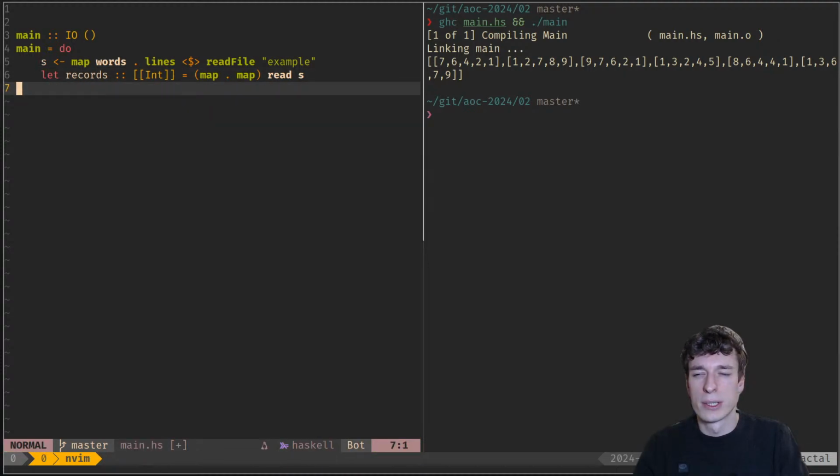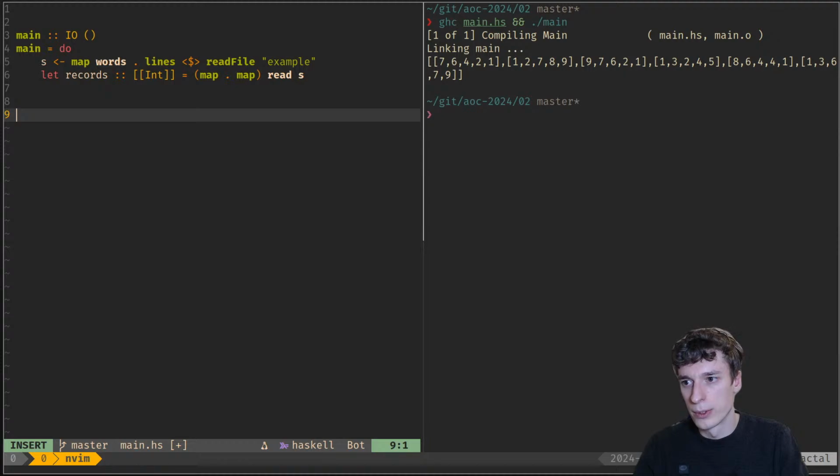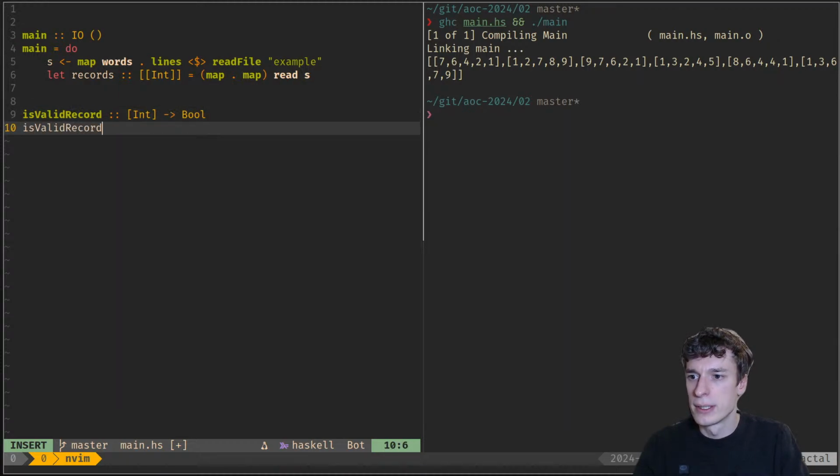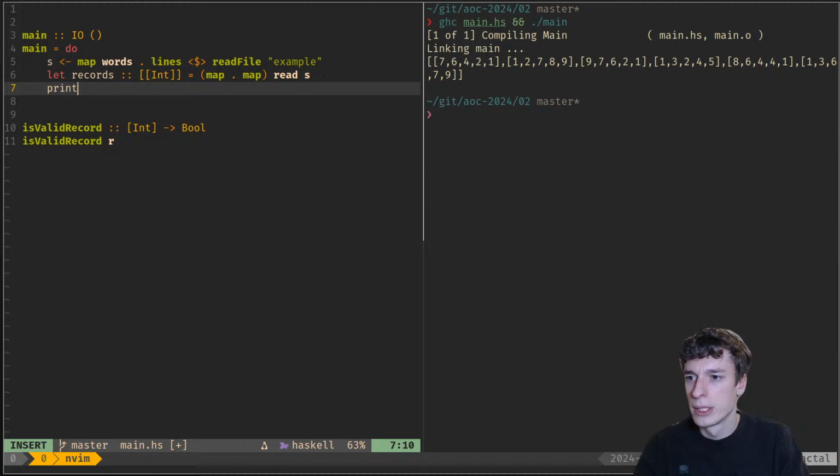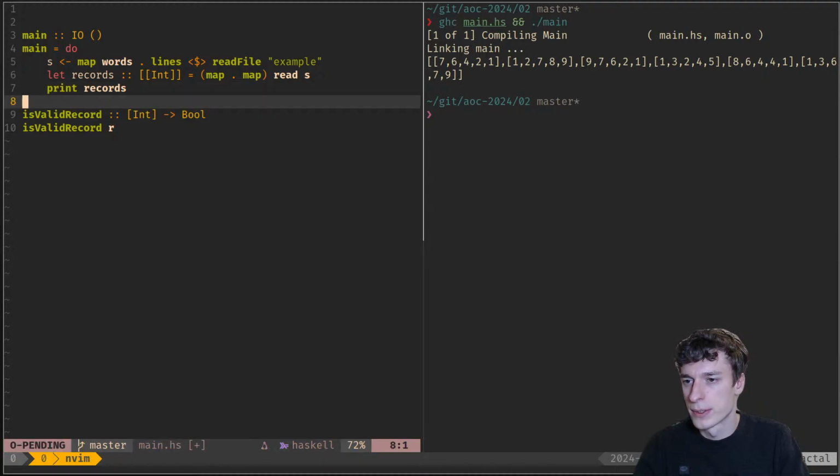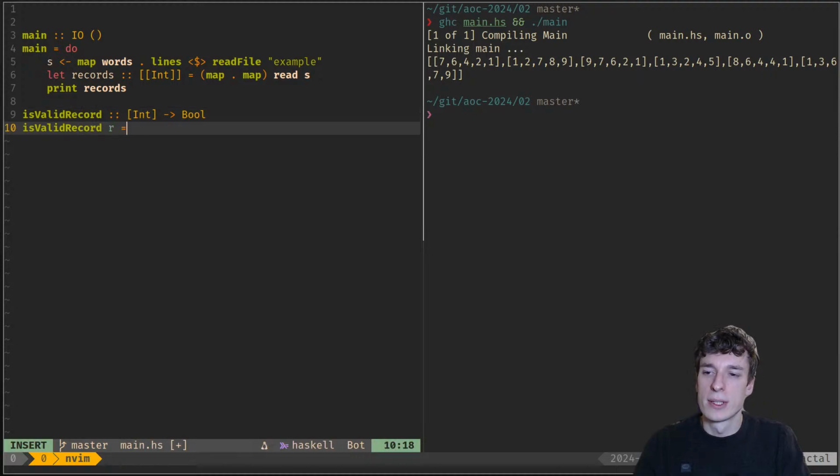I guess now I can just do another function which is called isValidRecord, which will take a list of integers and return a bool. So we have our records. Let's just print the records here so that it compiles. This valid record is equal to R, and we are gonna do